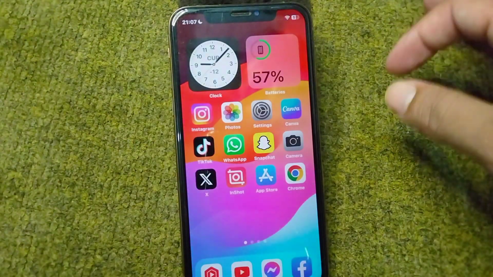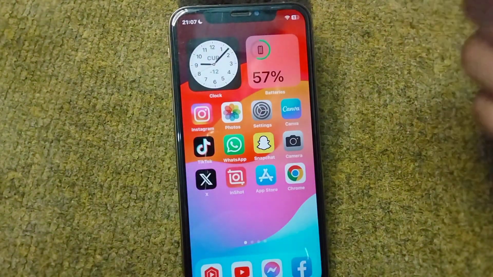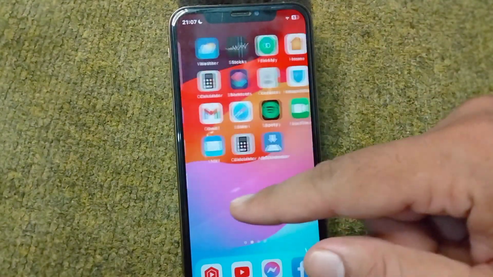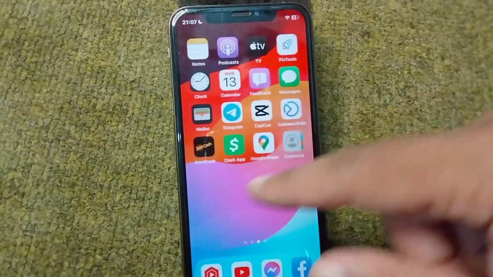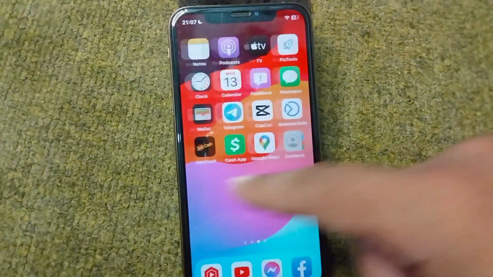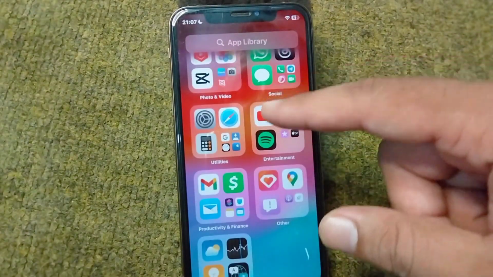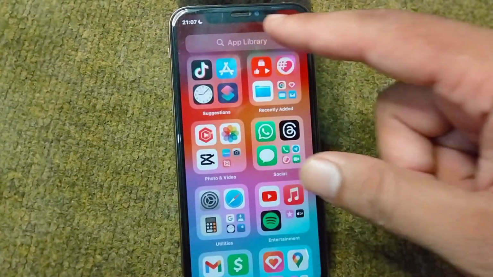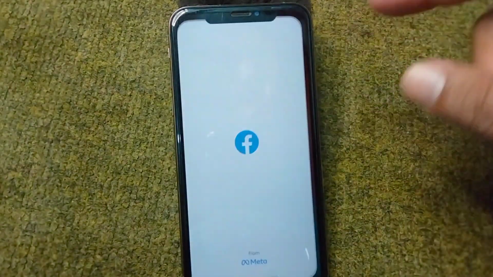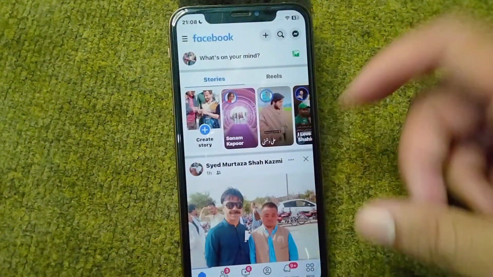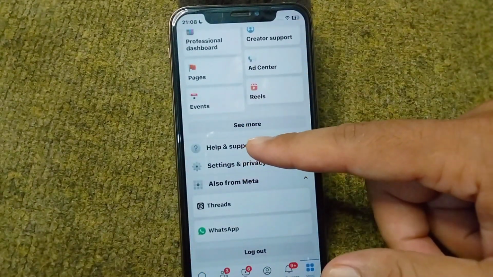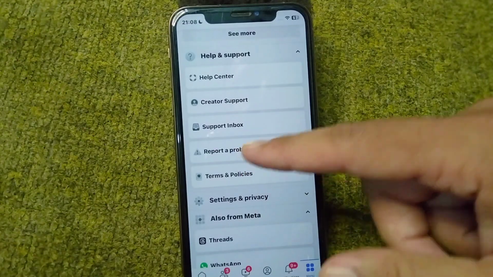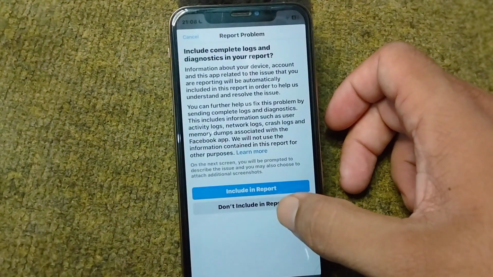If you are not getting this option, you will have to go for the next solution, that is, you will have to open up your Facebook. So guys, open your Facebook from your device and wait for some seconds, and tap on the menu button, scroll below and tap on help and support, tap on report a problem, and tap again on report a problem, and tap on don't include in report,